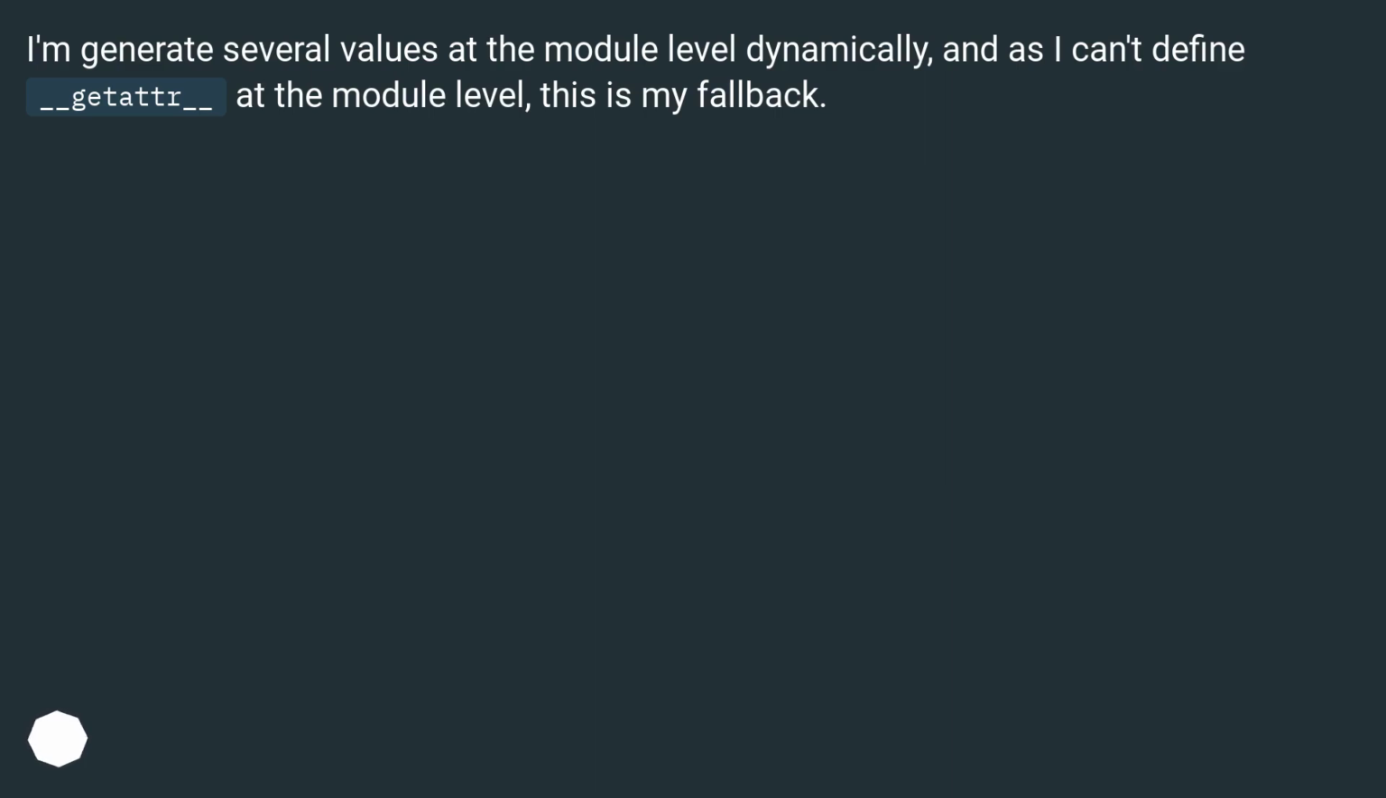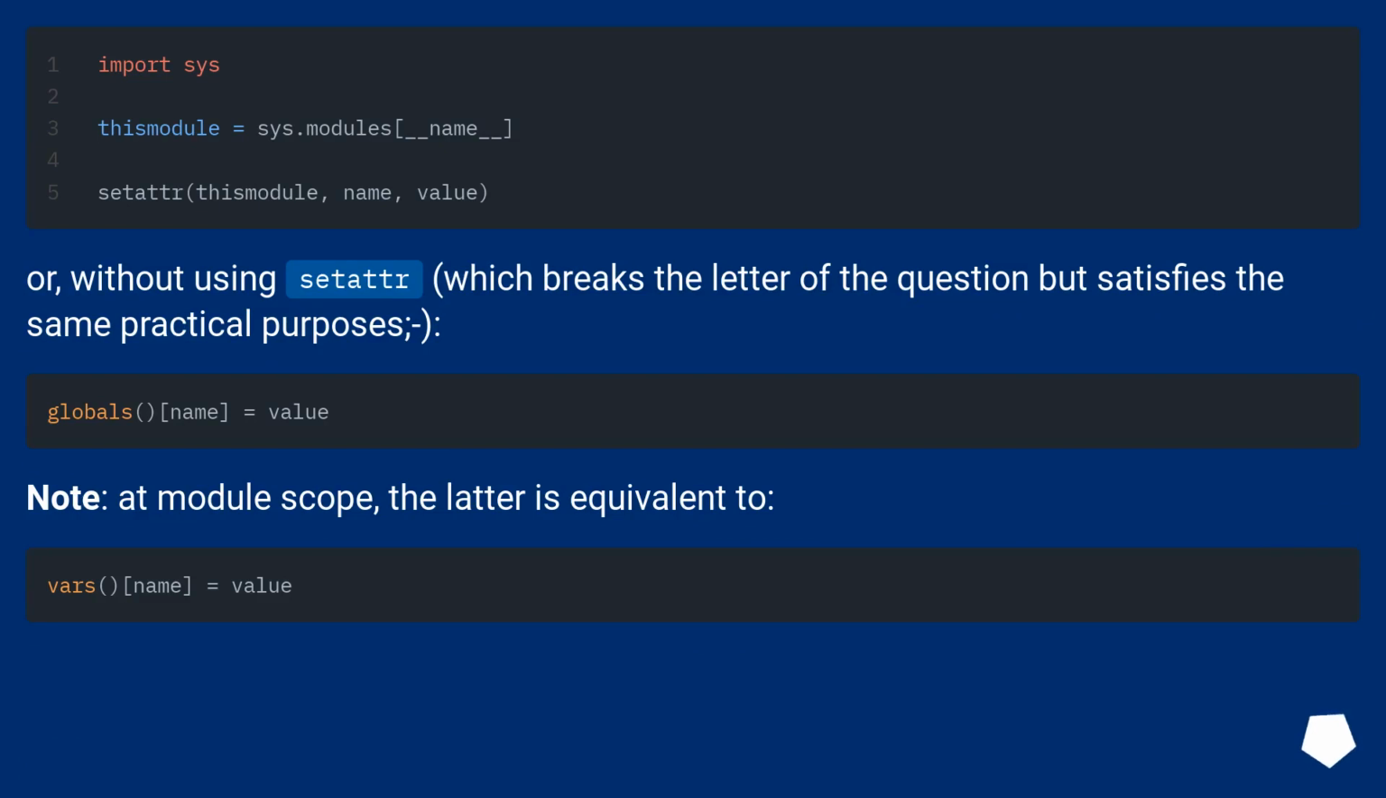I generate several values at the module level dynamically, and as I can't define __getattr__ at the module level, this is my fallback. Or, without using setattr, which breaks the letter of the question but satisfies the same practical purposes: note, at module scope, the latter is equivalent to